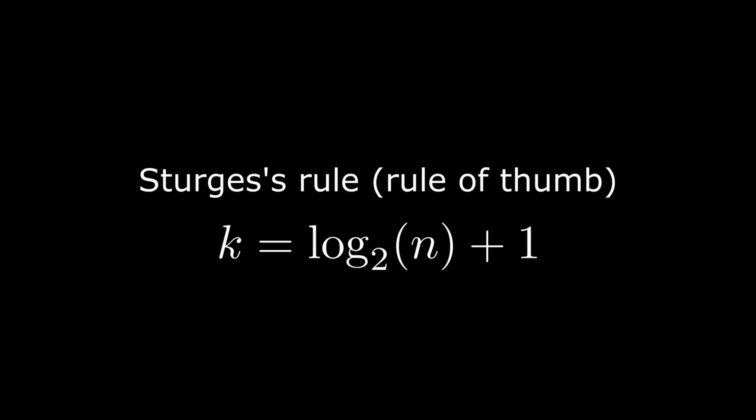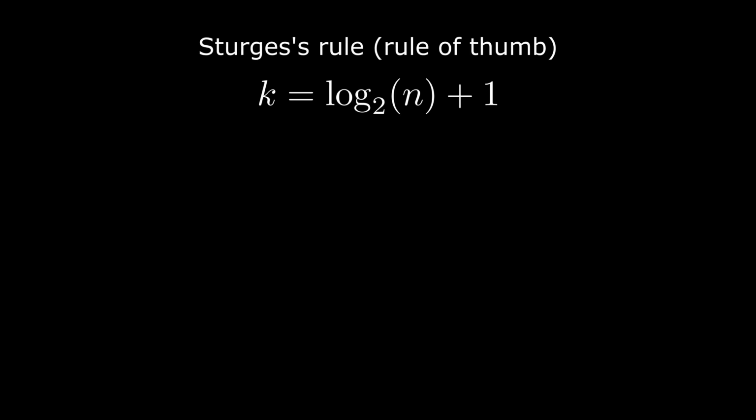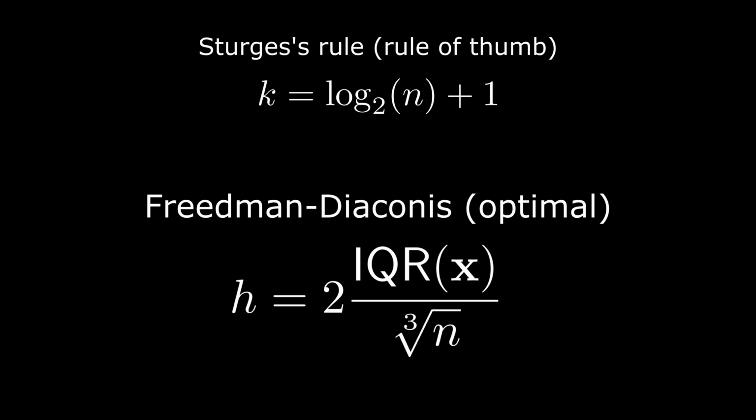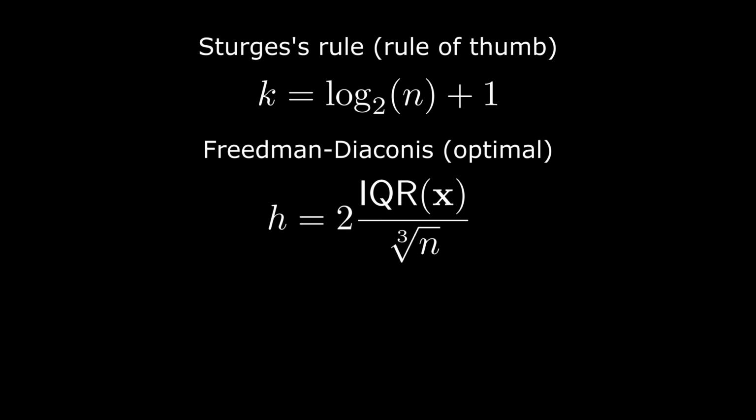One way to choose the number of bins is by Sturges' rule. Dividing k by the range of the data returns a value for the bin width. Alternatively, there is the Freedman-Diaconis rule. This value is found by adjusting the bin width based on some optimization criteria, such that the histogram matches a theoretical distribution of interest. However, these rules make some assumptions about the data, such as it being normal or symmetric.